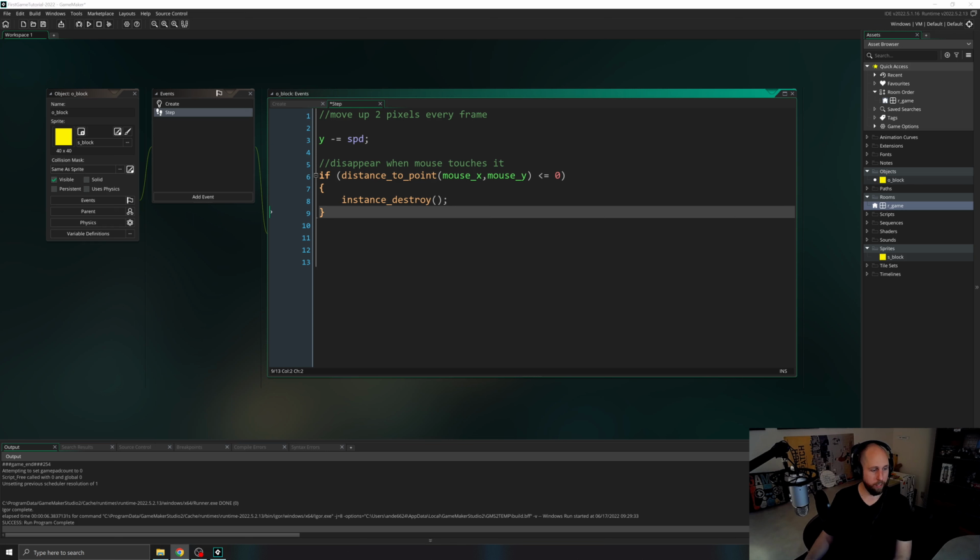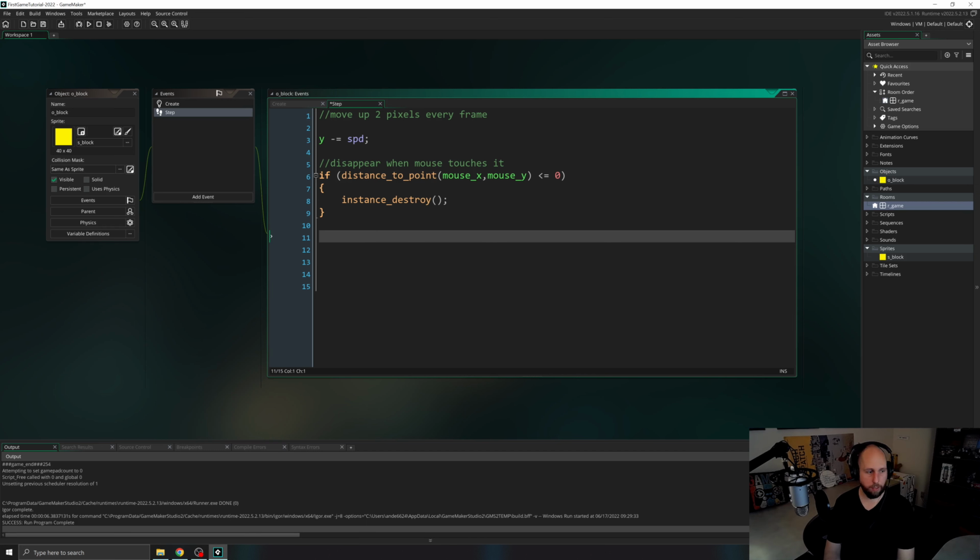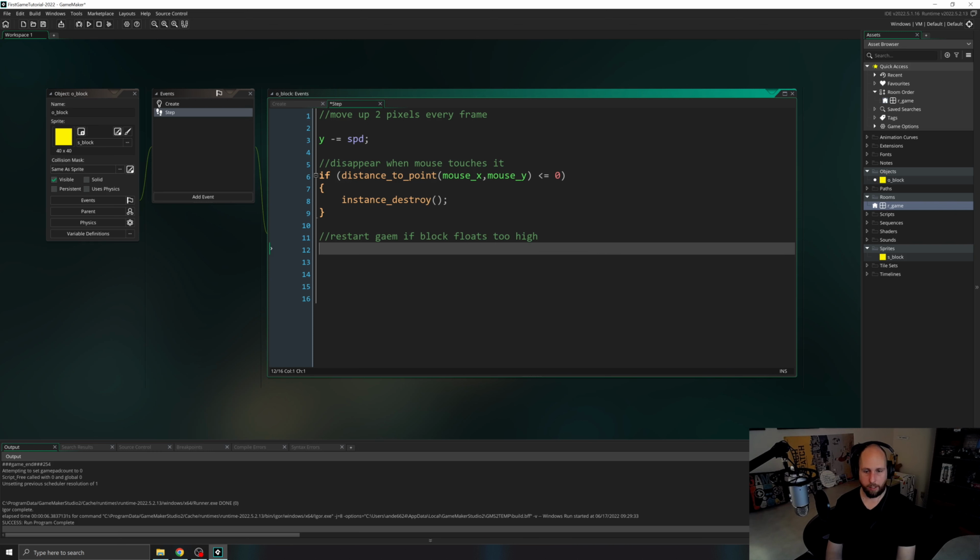We run the game. All right, so now that we know that it works, let's add a game over, so the game restarts if one of those blocks reaches the top of the game screen. So I'm going to go down a few lines, comment, restart game if block floats too high, and our conditional statement, if y is less than